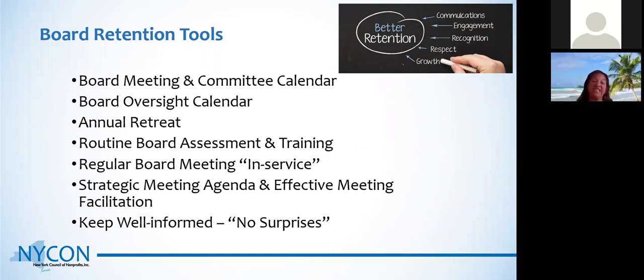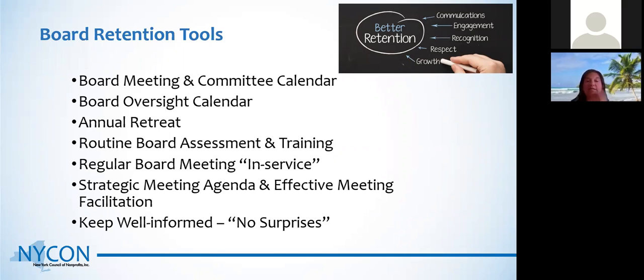And sometimes having the executive committee meet beforehand can be very valuable. Sometimes it's the president and the executive director who are doing that, or the committee chair and the executive director, but really think about making your meetings valuable and know what you want to get out of them so that they feel productive.